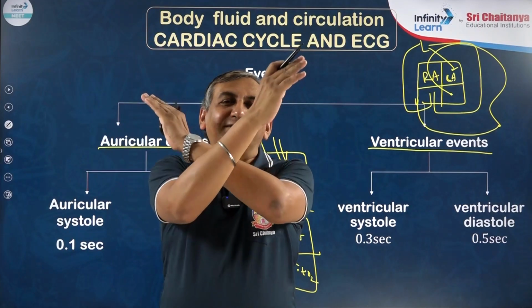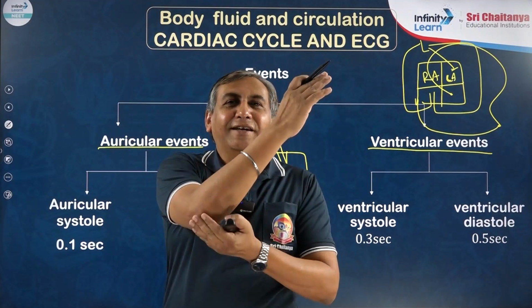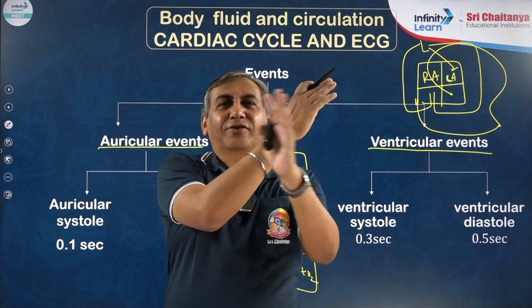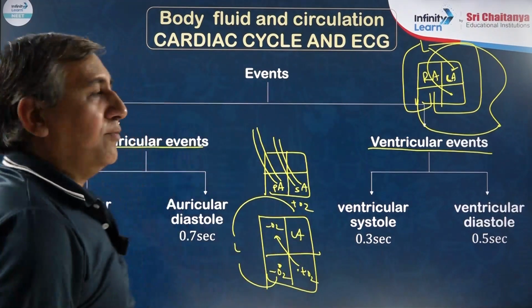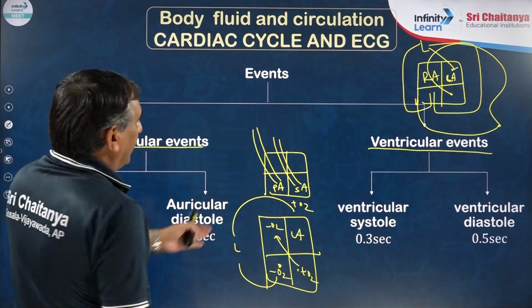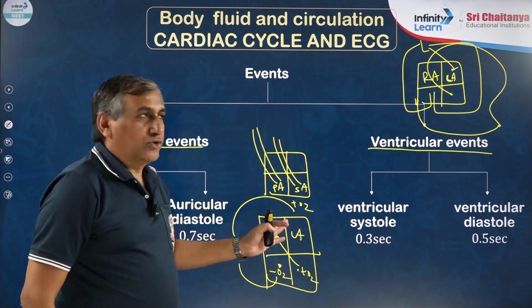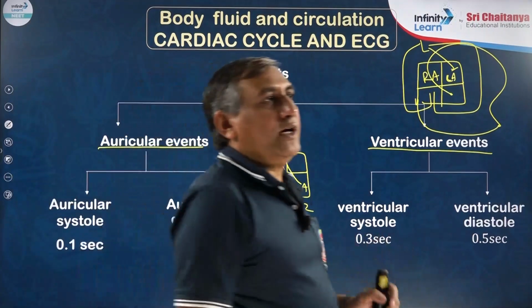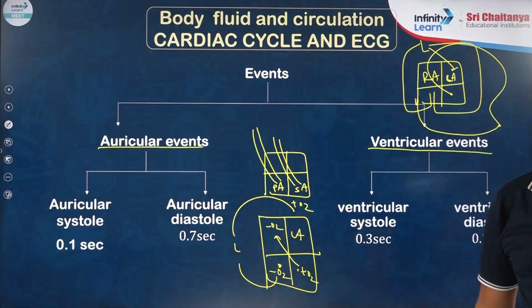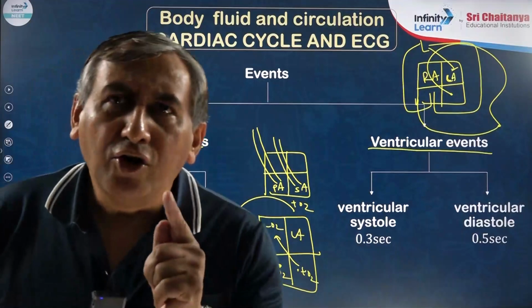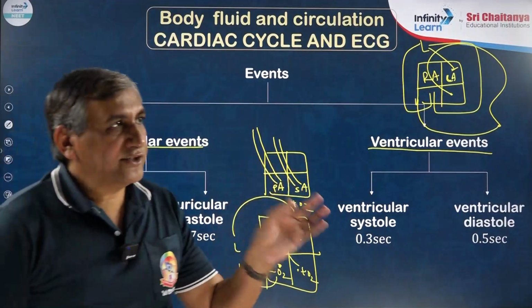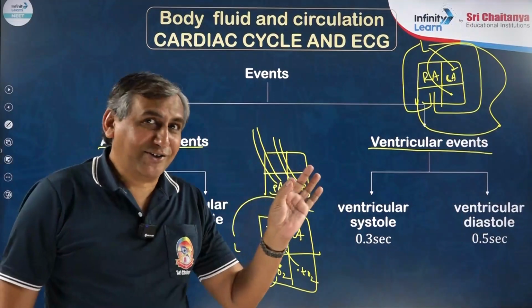Pulmonary circulation starts from the right ventricle and ends in the left auricle. Happy? So if you remember like this, you will be able to remember all the circulation. So what are the two chambers of the heart? Auricular chambers and ventricular chambers. And for auricular events and ventricular events,